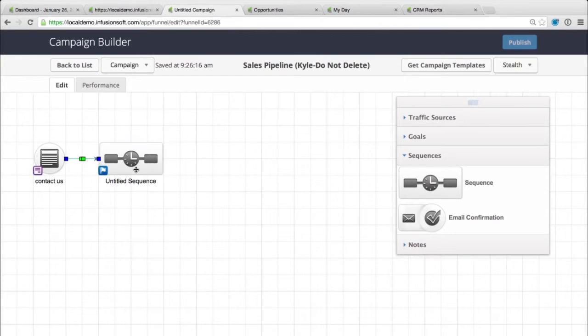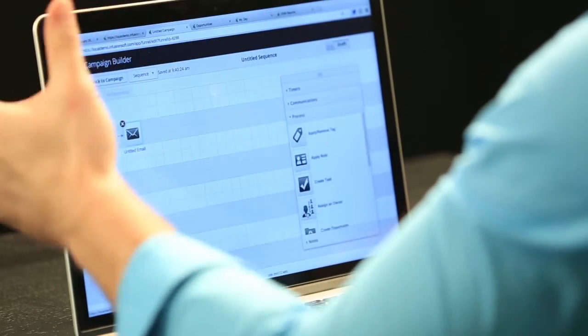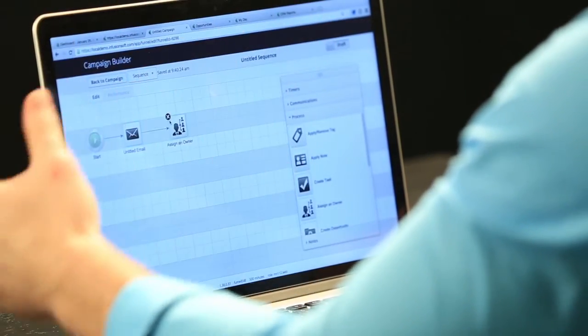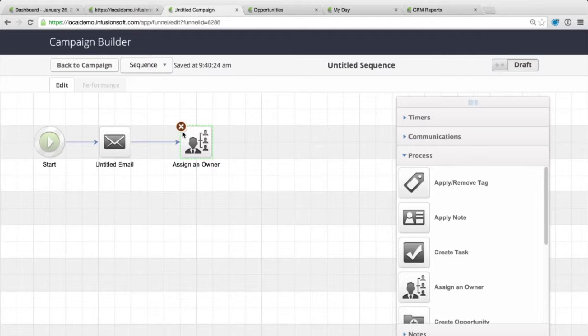Inside that sequence, typically what you're going to want to have happen is an email that goes out saying thanks for filling out our form. Now it comes to the part where we're going to start assigning it to a sales rep to begin the sales process. Number 1, usually it's going to assign it to an owner. That might be a round robin, or you assign every new lead from the website to Jeremy and everyone from a trade show to Ron, whatever it might be, we can assign it to that owner,